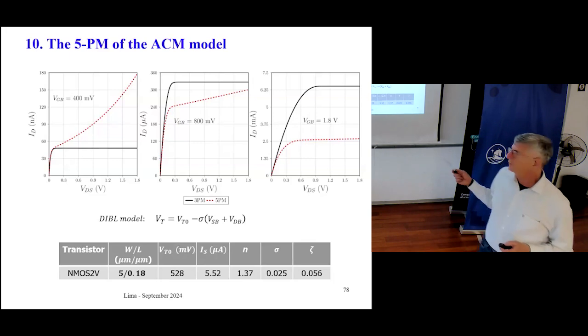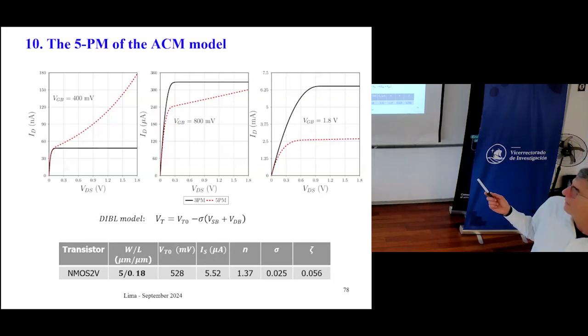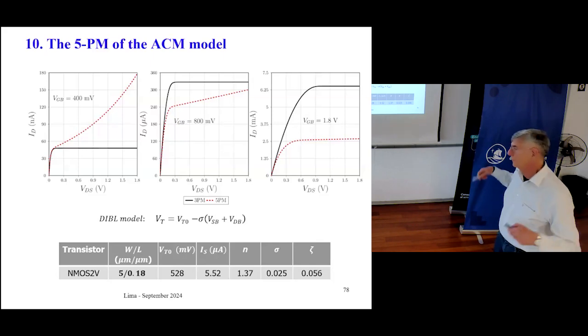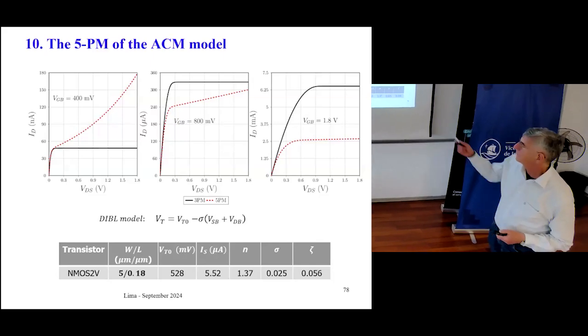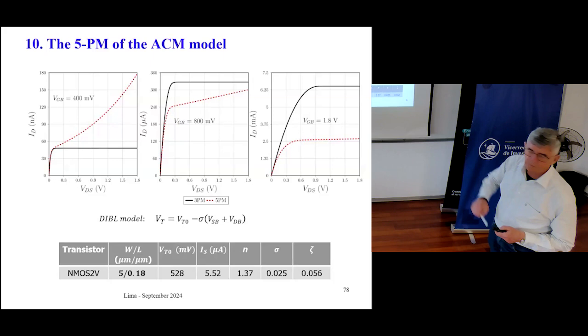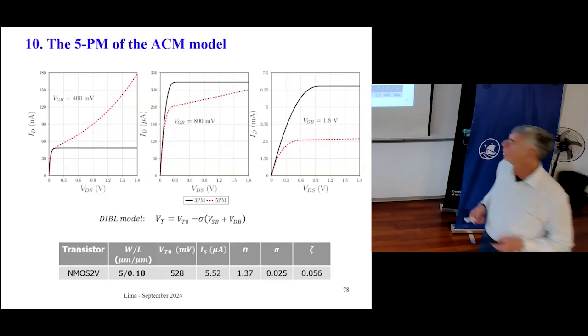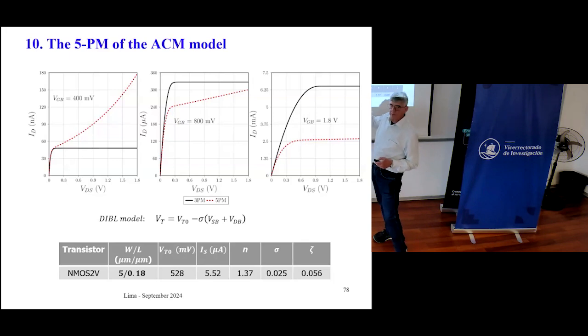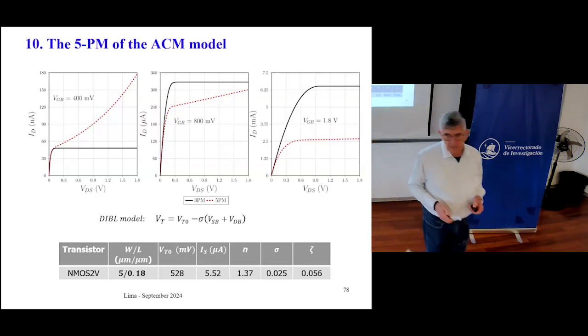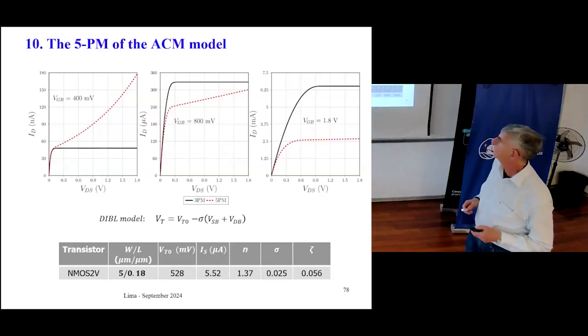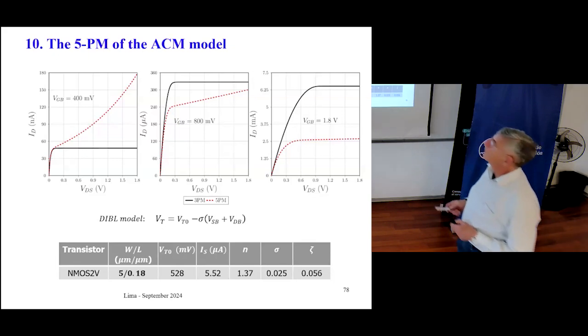In this technology, the minimum width is around 0.22, or 220 nanometers. So this is around 20 times wider than the minimum channel width. The slope, yeah. But